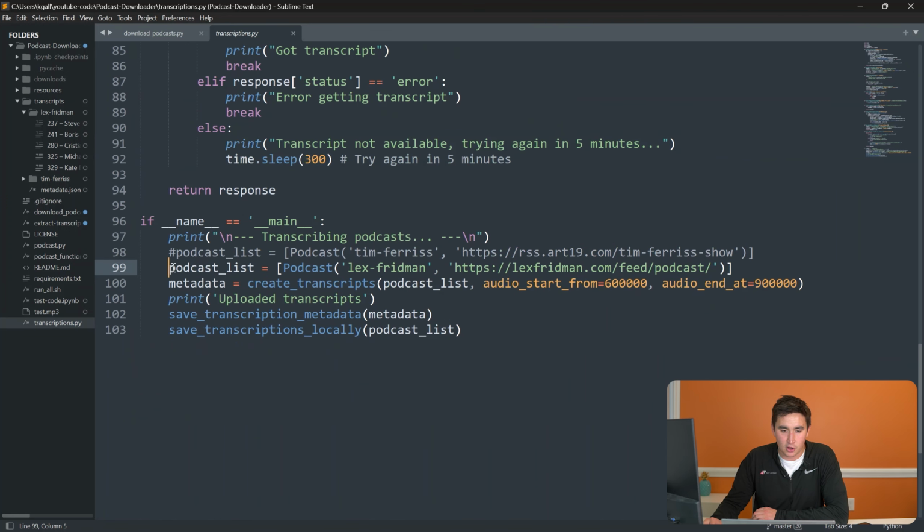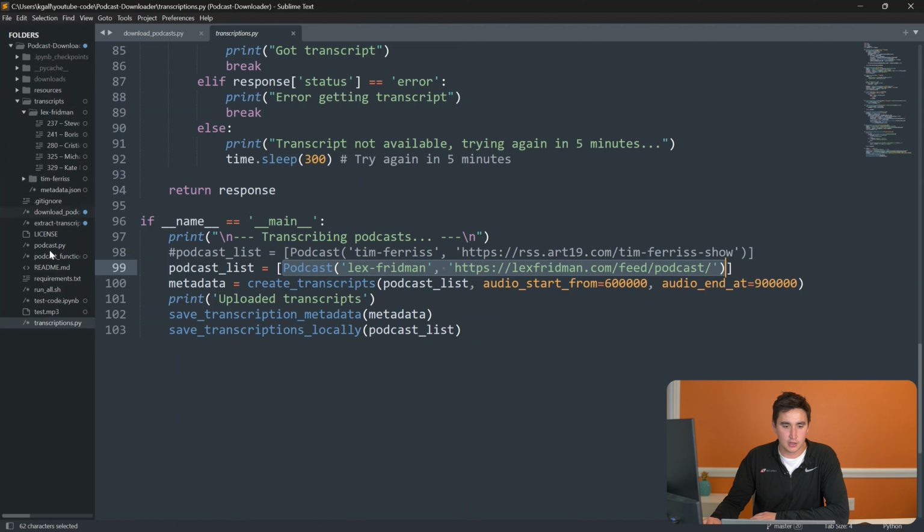Basically you could take all of the podcasts and podcast lists. So let's say you've already downloaded the files for Lex Friedman. By just running this code, it knows where to look for this named podcast. It already has a download directory associated with that by creating this podcast object, because podcast encapsulates all of that